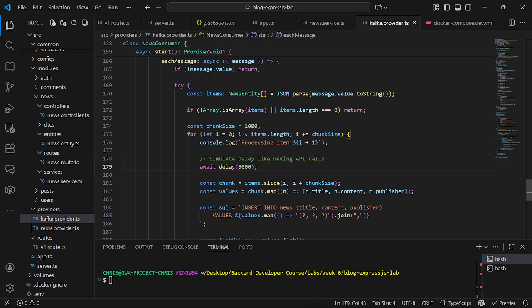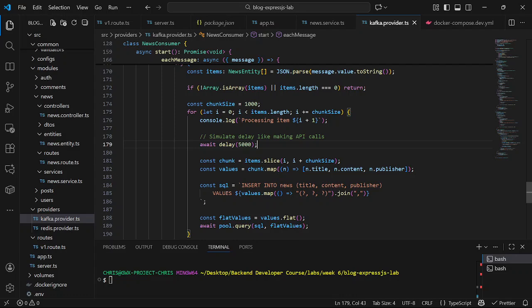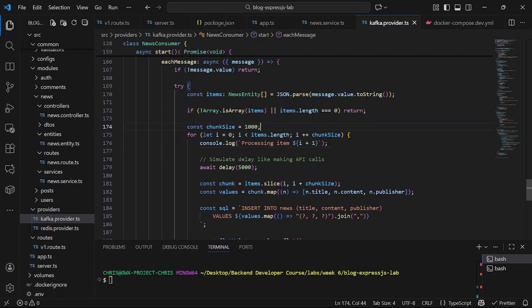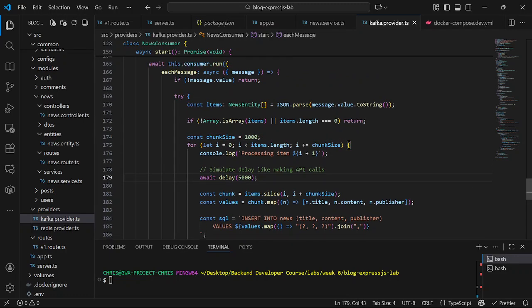Here you can also do processing, cleaning of the data before you insert into your database. So I did that here. I just added it for sake of simulation. Then at the same time, there's something here, this chunk size. We're going to demonstrate, but I will later change it to 1 here.